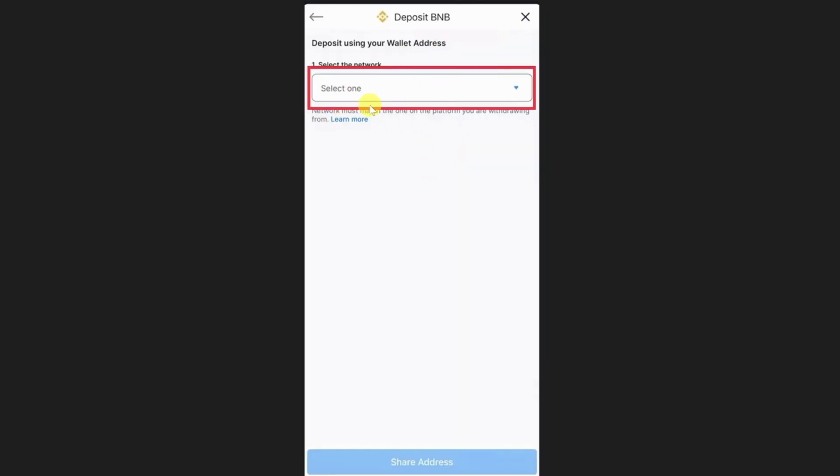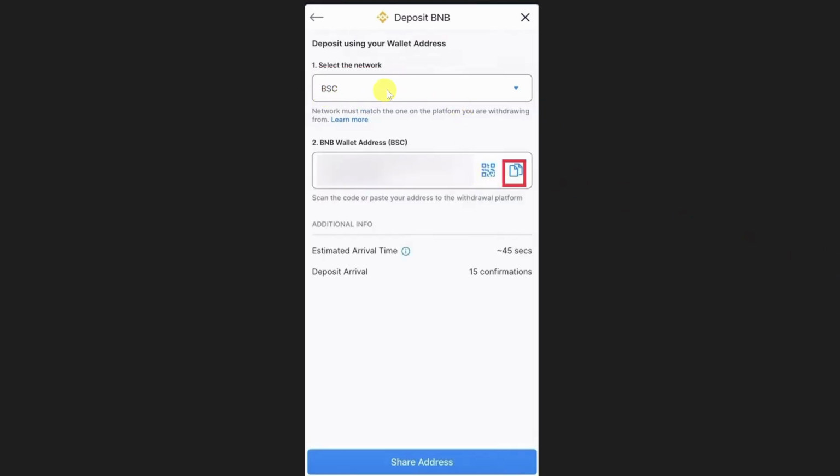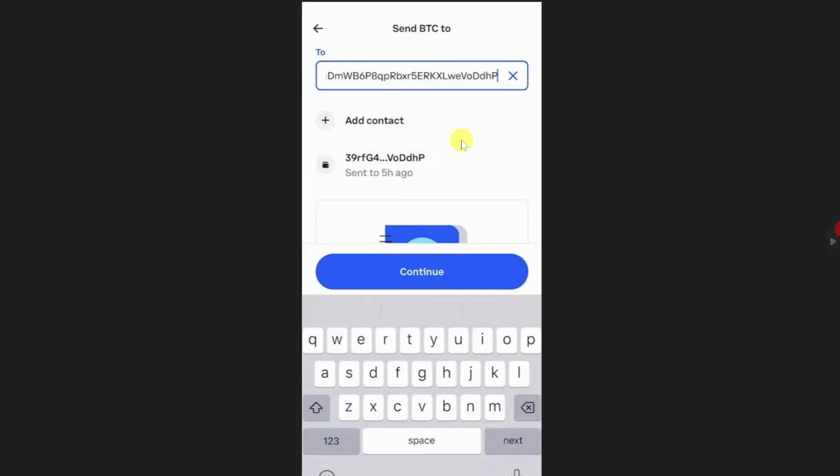On the screen you have to select the network first, so just click on this box option and then simply select the network that you want to use. After that, you will be able to get your wallet address. So just click on this copy icon right next to your wallet address, and once you have copied your wallet address, you need to open up your Coinbase app again and then paste the wallet address in this area and